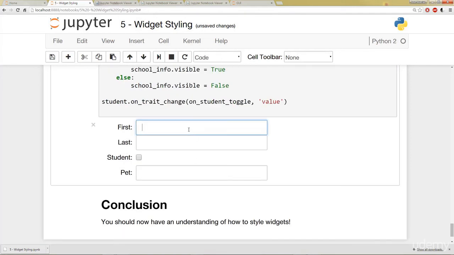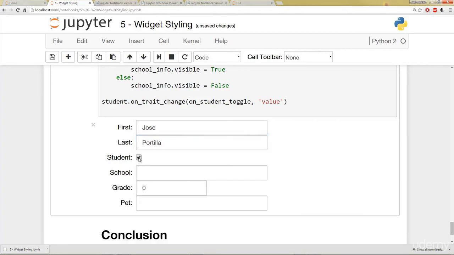So if I run this, I basically have a little cell here where I can put in the student's name. If they're a student, notice stuff gets toggled here. So the school info is now visible, school and grade, or whatever numbers you want.